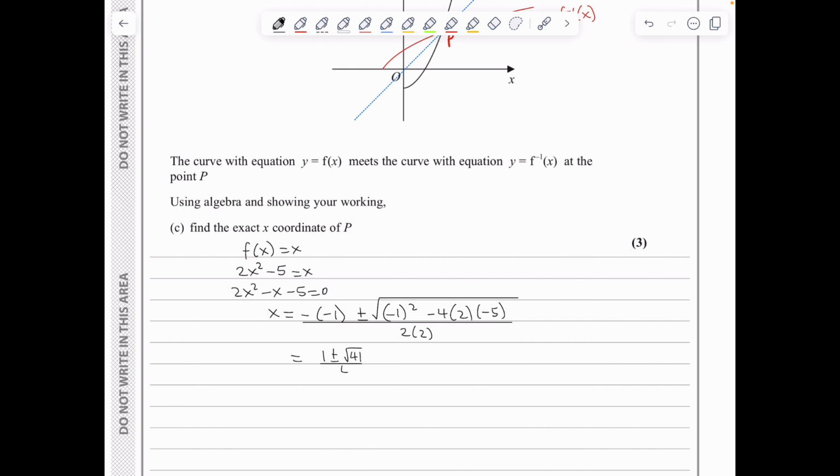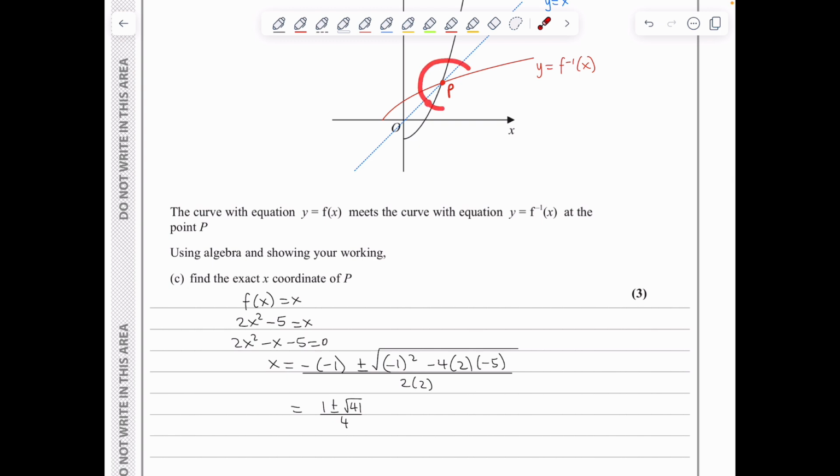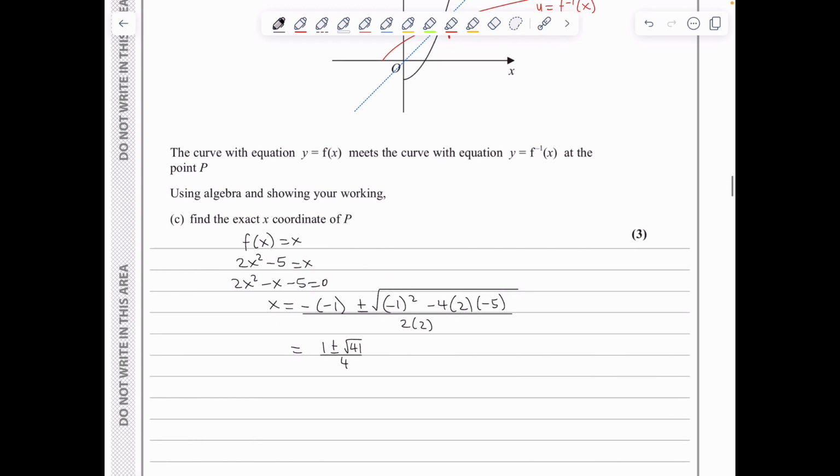However, notice that we're looking for a single point, and looking at the diagram here, we can see that P has a positive x coordinate, and therefore we conclude that x is equal to (1 plus root 41) divided by 4. Now, in case you are wondering what the (1 minus root 41) over 4 corresponds to, well, if we